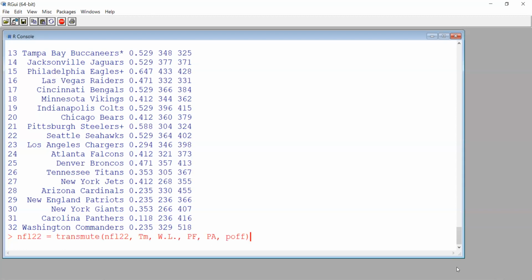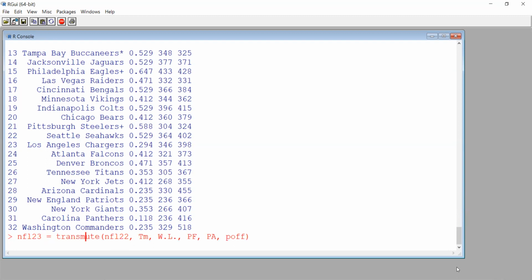Okay, there we go. So where's the transmute command? There it is. We kind of needed this anyway. And in fact, when you're only adding one new column, you can use another command. So I'm going to show you this. It's called mutate.